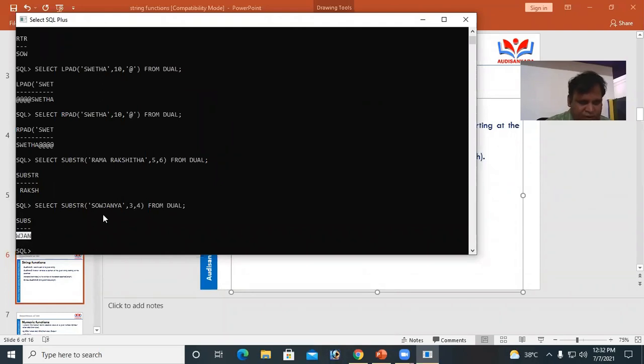W, J, N, A. 3 is the string starting position, and 4 characters: W, J, A, N.